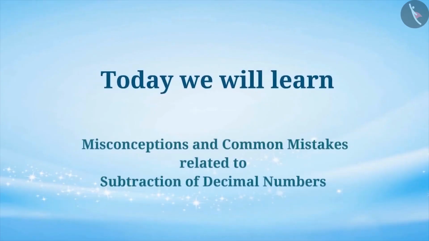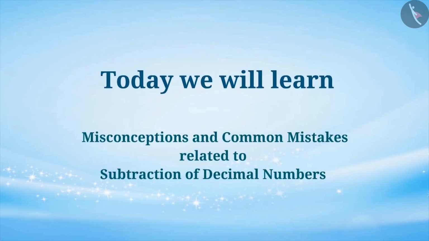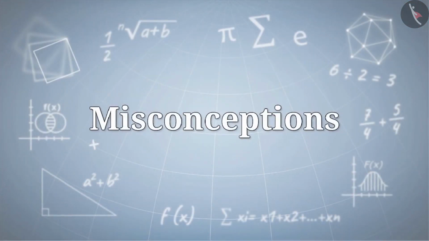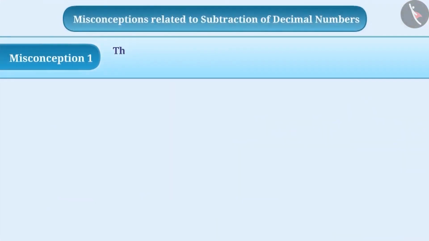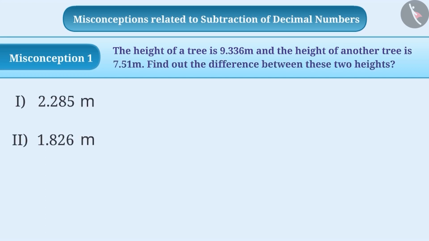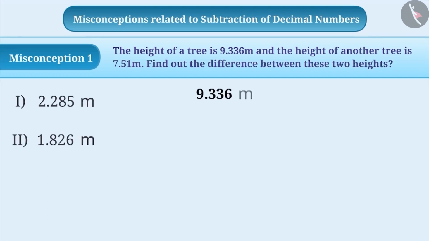Today, we will see misconceptions and common mistakes related to subtraction of decimal numbers. Misconception 1. The height of a tree is 9.336 meters and the height of another tree is 7.51 meters. Find out the difference between these two heights. To subtract 7.51 meters from 9.336 meters. To do this subtraction,